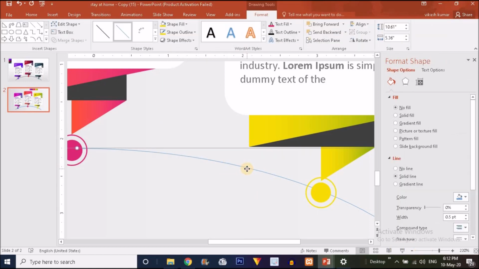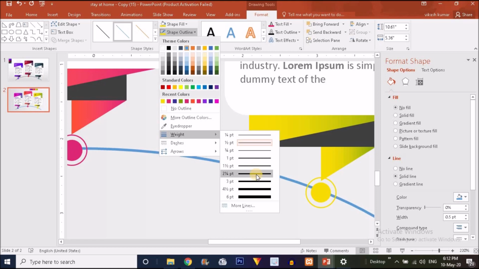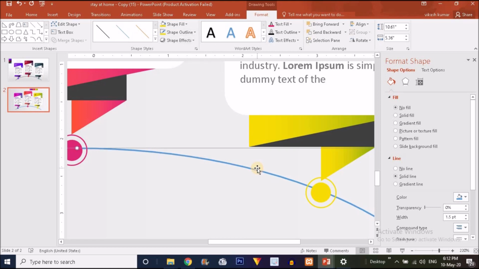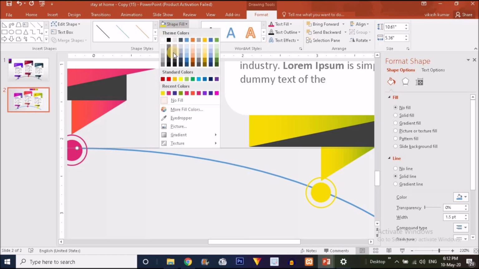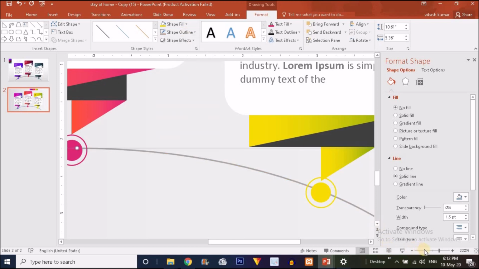Now choose this arc here, go to the shape outline and go to the weight and make it a little bit wider, and I'm choosing the shape outline to this gray color.